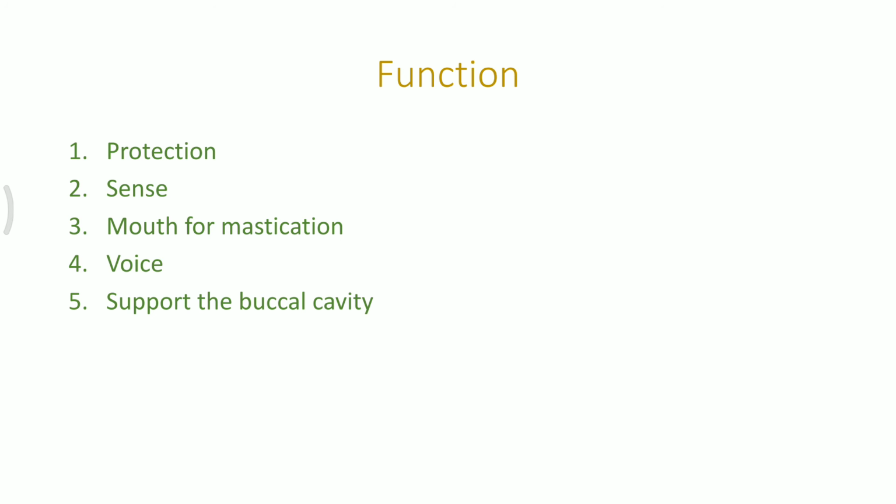Now, what are the various functions of the skull? It is a protective covering of the most specialized organ of our body, the control organ, which is the brain. So the brain is encased by the cranium, which protects it. Sense organs work because of the presence of this cranium. Think about your auditory capsule, present in the ears: there are three bones, the ear ossicles, which help in hearing, and that is possible because of the bones.